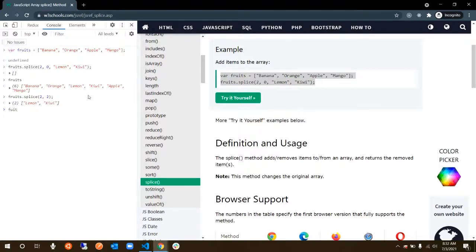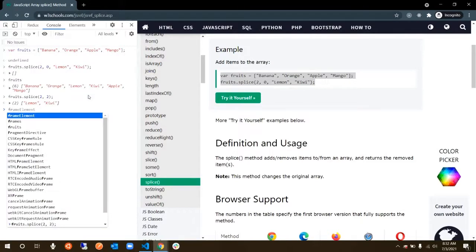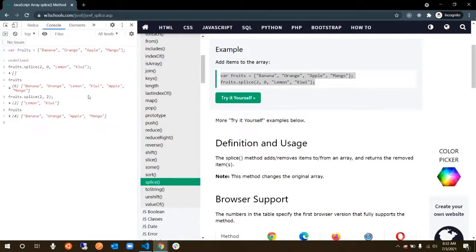So what you need to do is just remove this. Now if you come back, you will see apple, banana, orange, apple, mango. Now, considering the old example again, I'm going back and keeping it as it is.